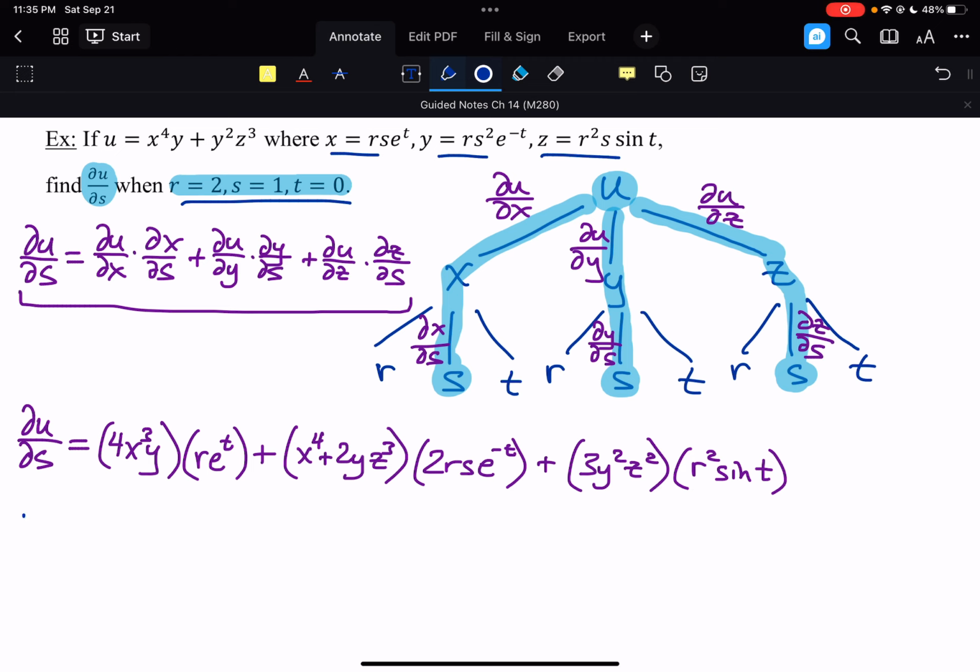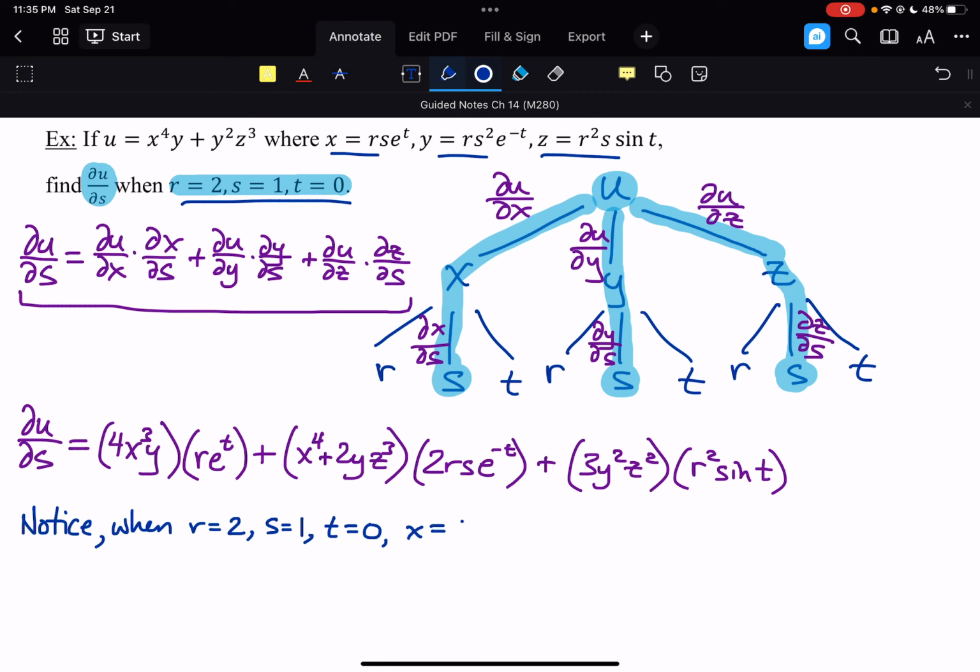Okay, so notice when r is 2, s is 1, and t is 0,